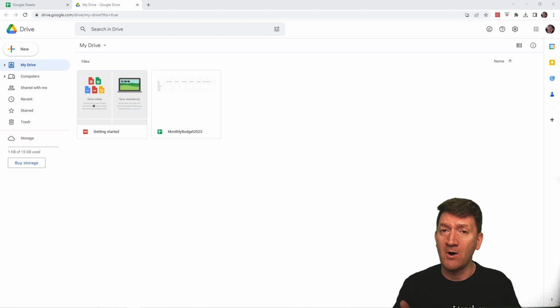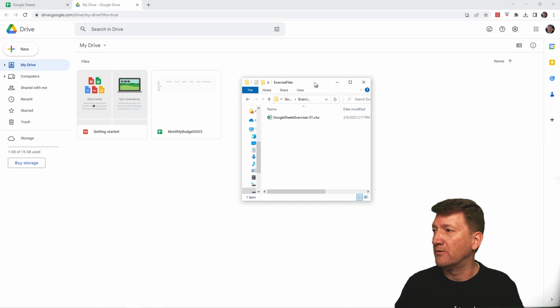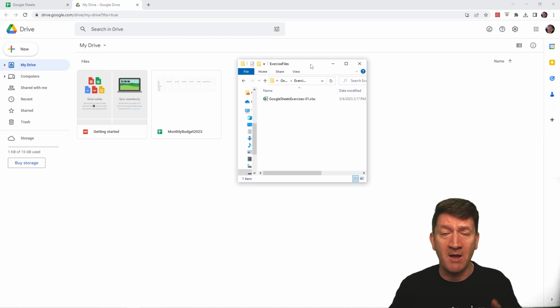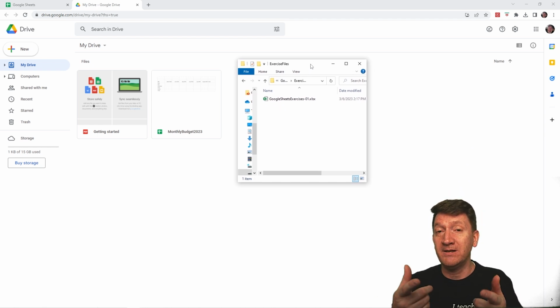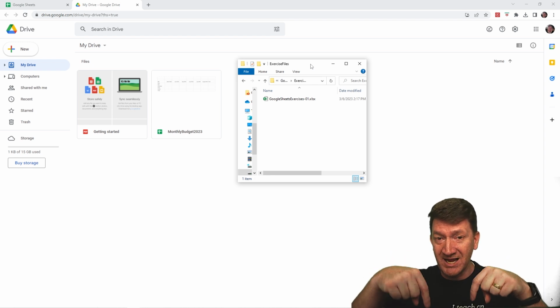Now, what if you've already got an Excel document and now you want to bring that into Google Sheets? Well, it's actually a really simple process. So I've got a document here. I'm going to drag a window over here. This is in a folder on my computer, and I'm going to give you the opportunity just directly down below